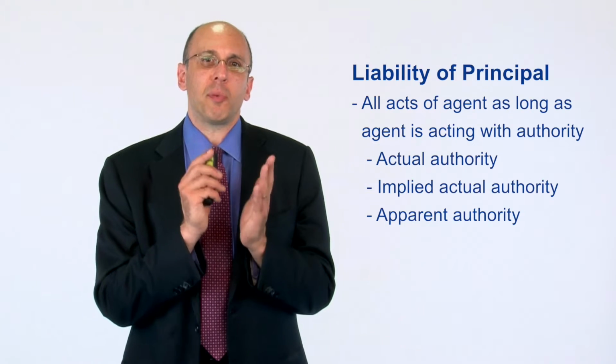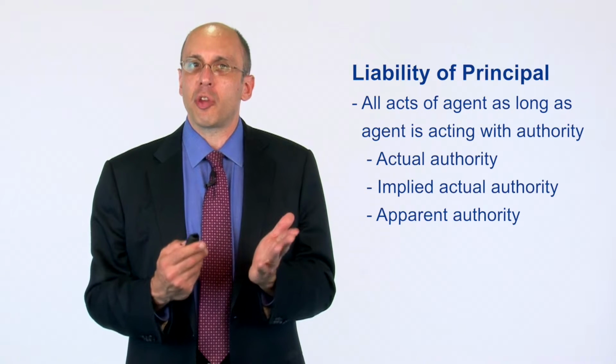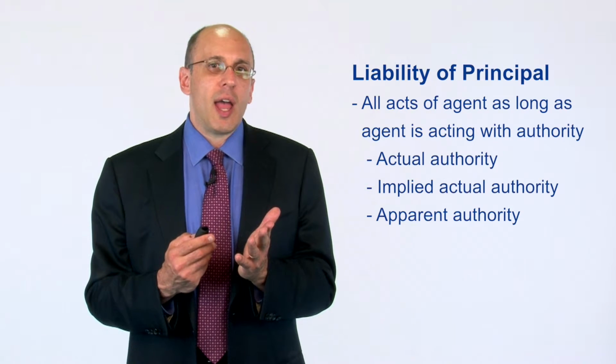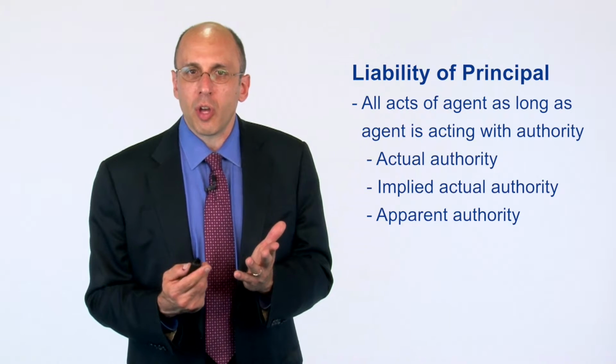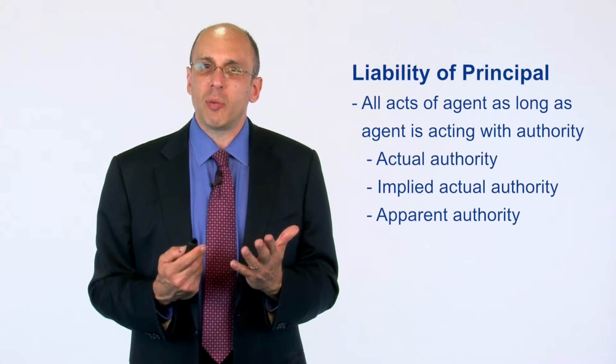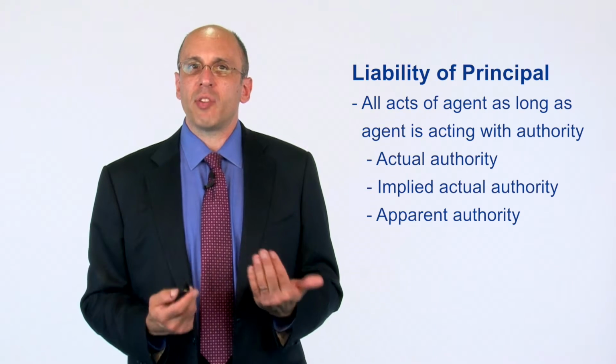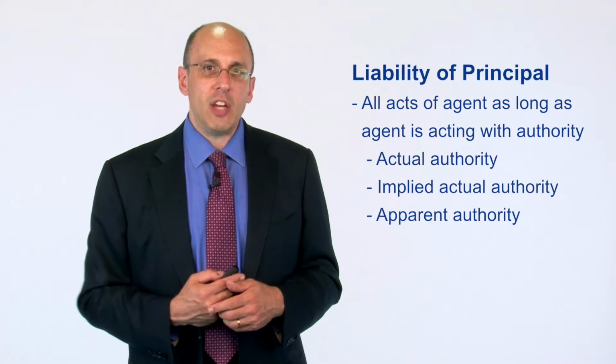Now, another important concept in thinking about agency is what's known as apparent authority. This is when a principal leads a third party to reasonably believe that the agent has the authority to act on her behalf. And so if there's apparent authority, then as long as the agent acts in a reasonable way, they will be deemed to be the agent of the principal, even if the principal hasn't expressly created an agency relationship. Now, if the principal sends a notice to the third party and says, this person does not act for me, then, of course, the principal-agent relationship will not arise.